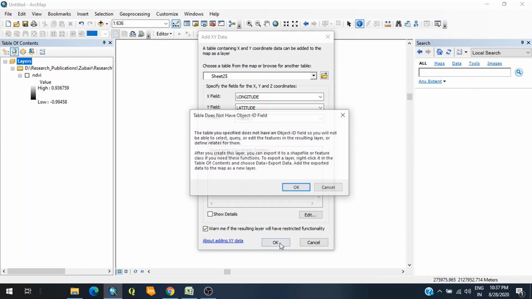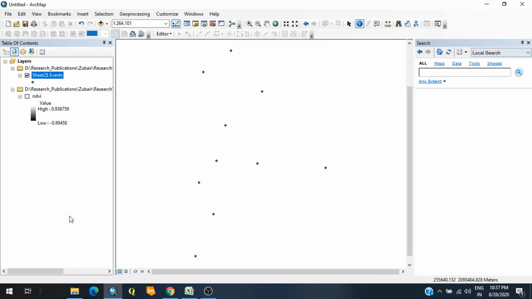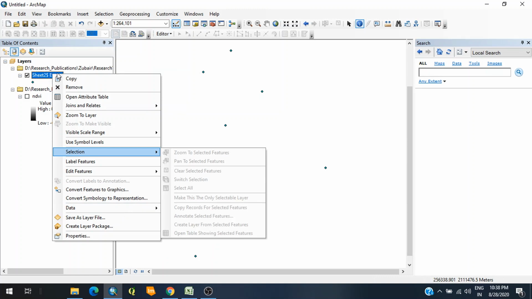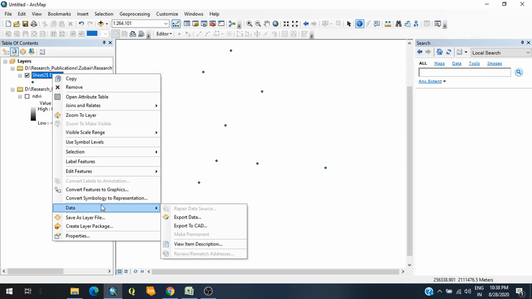Now simply click OK. Okay, so here are your points which are added to your ArcMap. The next step is you have to export them as a shapefile, as vector data. So you just right click on this temporary layer which is created, go to Data, Export Data,